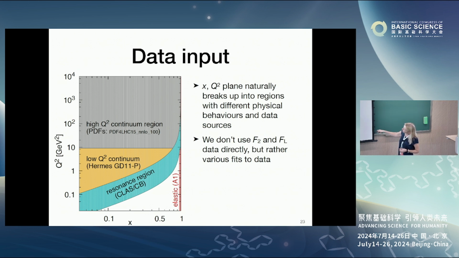And then at high Q squared, this is the region where we can use essentially the standard DGLAP perturbative evolution. Of course, this line is set by us. We set this to 9 GeV squared, for instance, this separation between this line. This is arbitrary, and this is one of the sources of errors. You can change it a little bit up and down. And this somehow changes a little bit the result, and you call this...